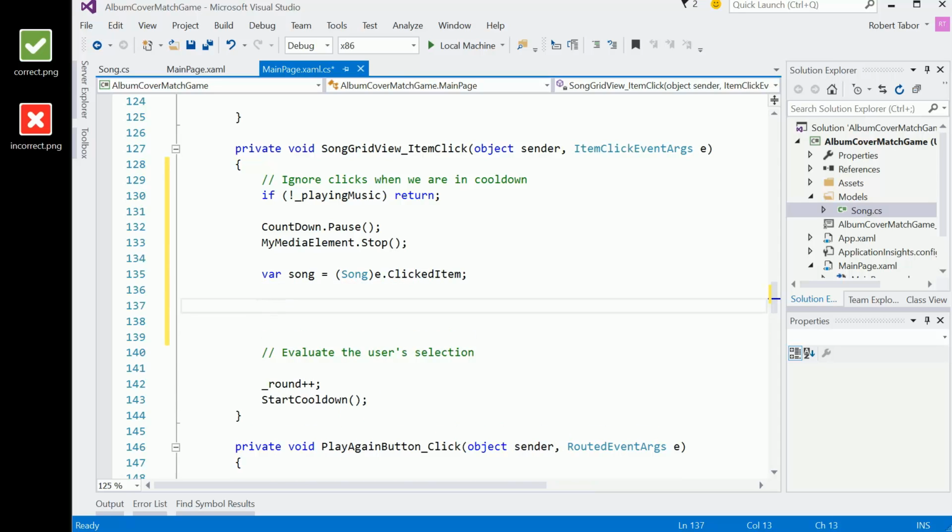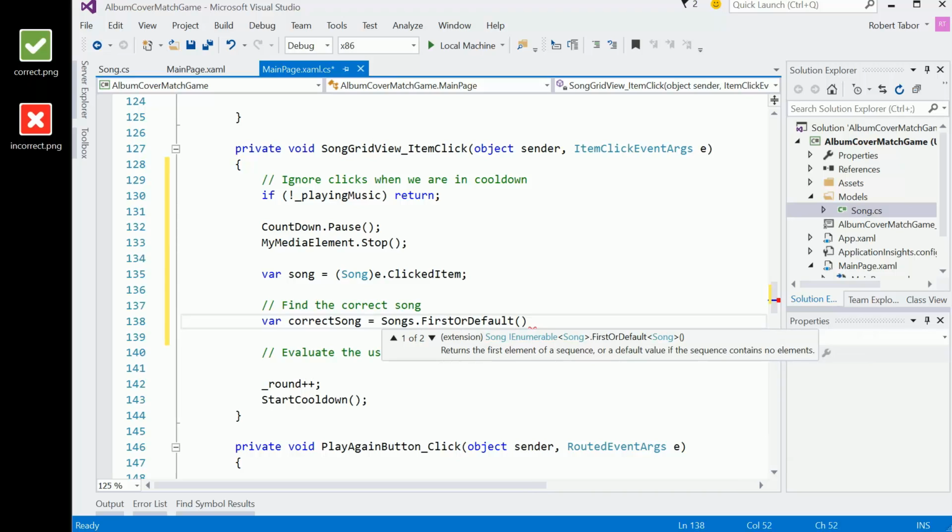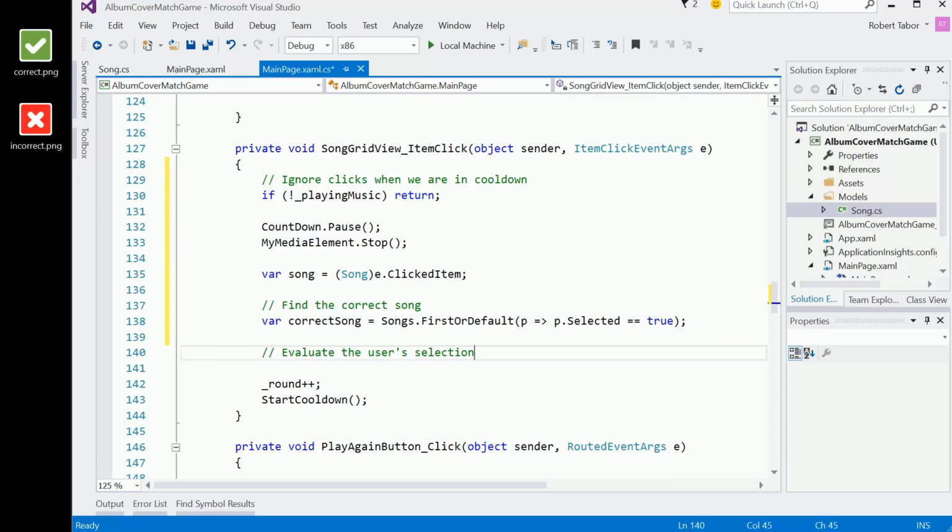And now we want to find what the correct song was. So what did we pick randomly before we started this round? Well, here we want to actually get access to the correct song. So first or default, where selected equals true. Okay, and now we want to